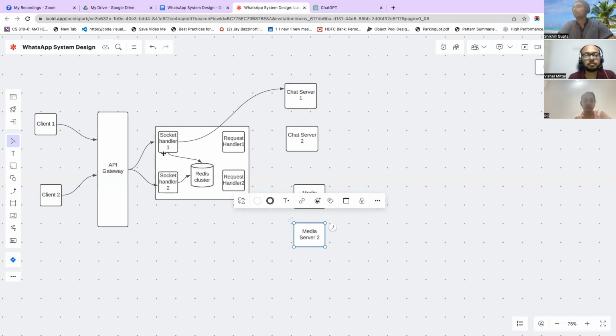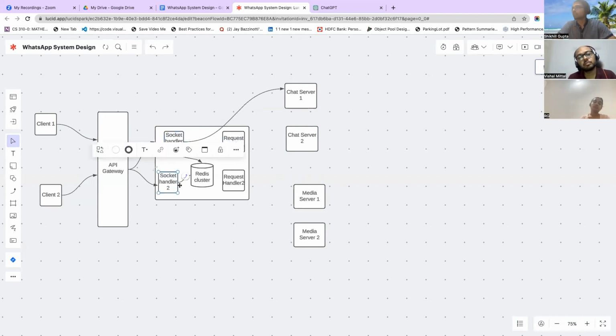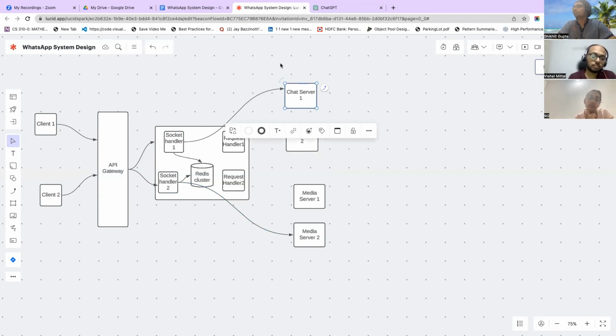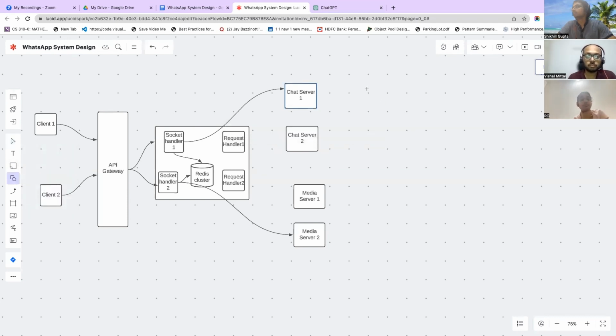So socket handler one is connecting to chat server one, and similarly, a socket handler can connect to the others. Let's just not draw this. So now, a message being received on the chat server can be stored into the database. Let's say we have a